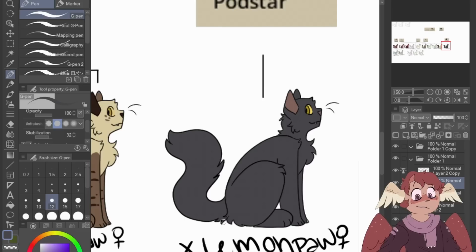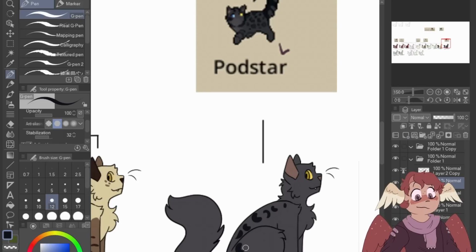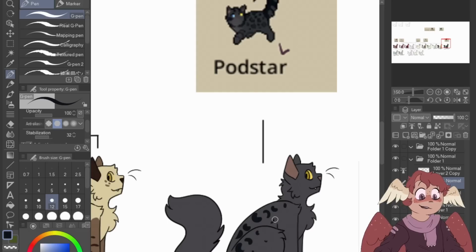And I think the contrast of the yellow eyes on the black fur really makes the lemony vibe pop. And I definitely think that she would have spots, one, because of her parent, but also because lemon, round,